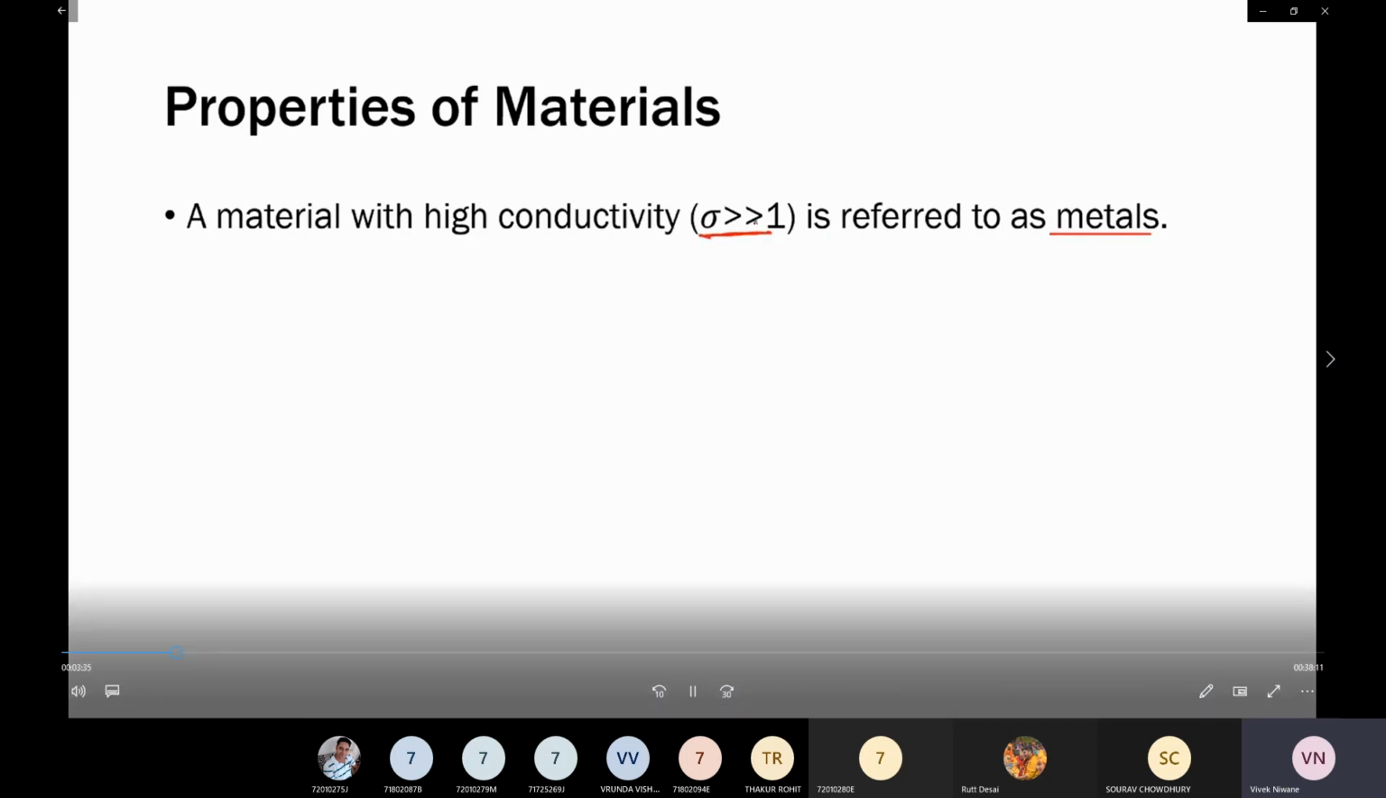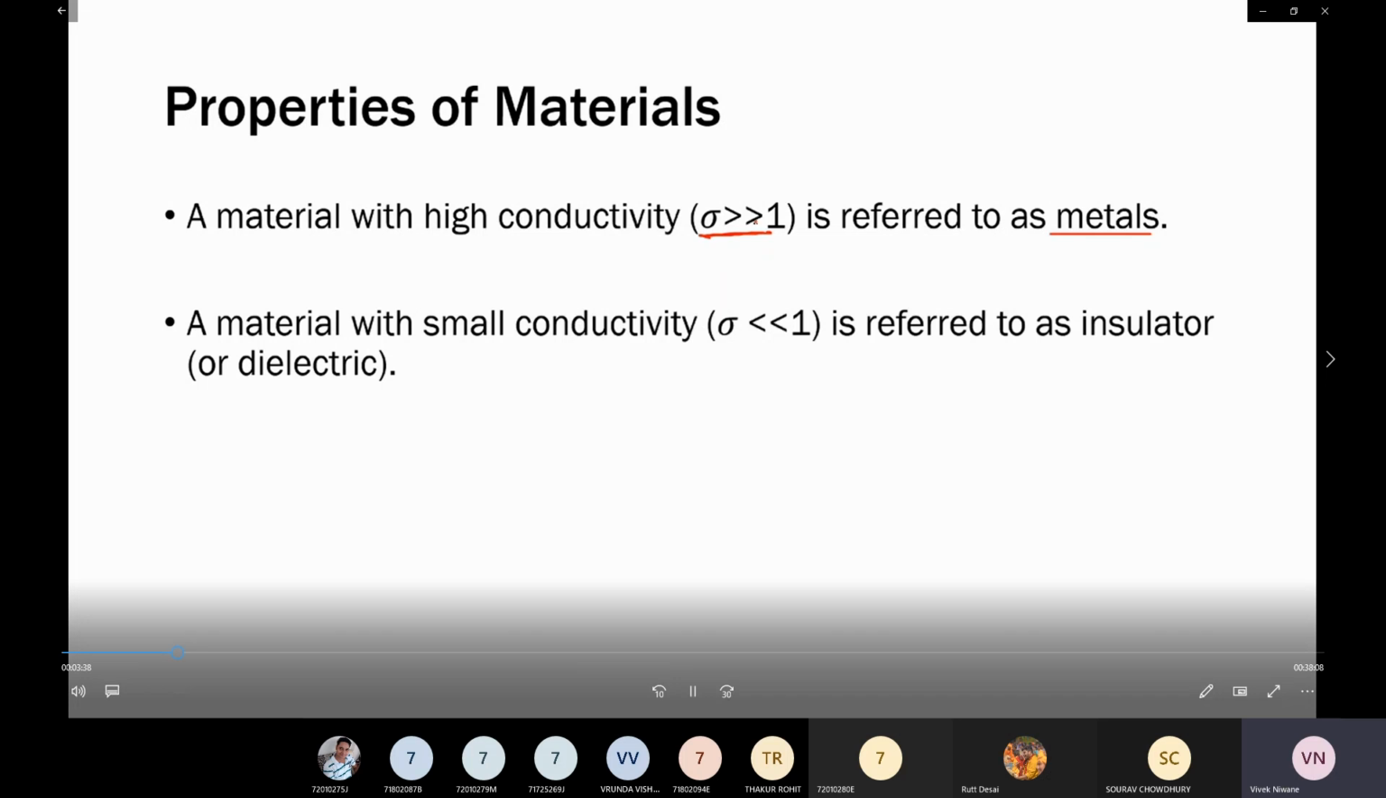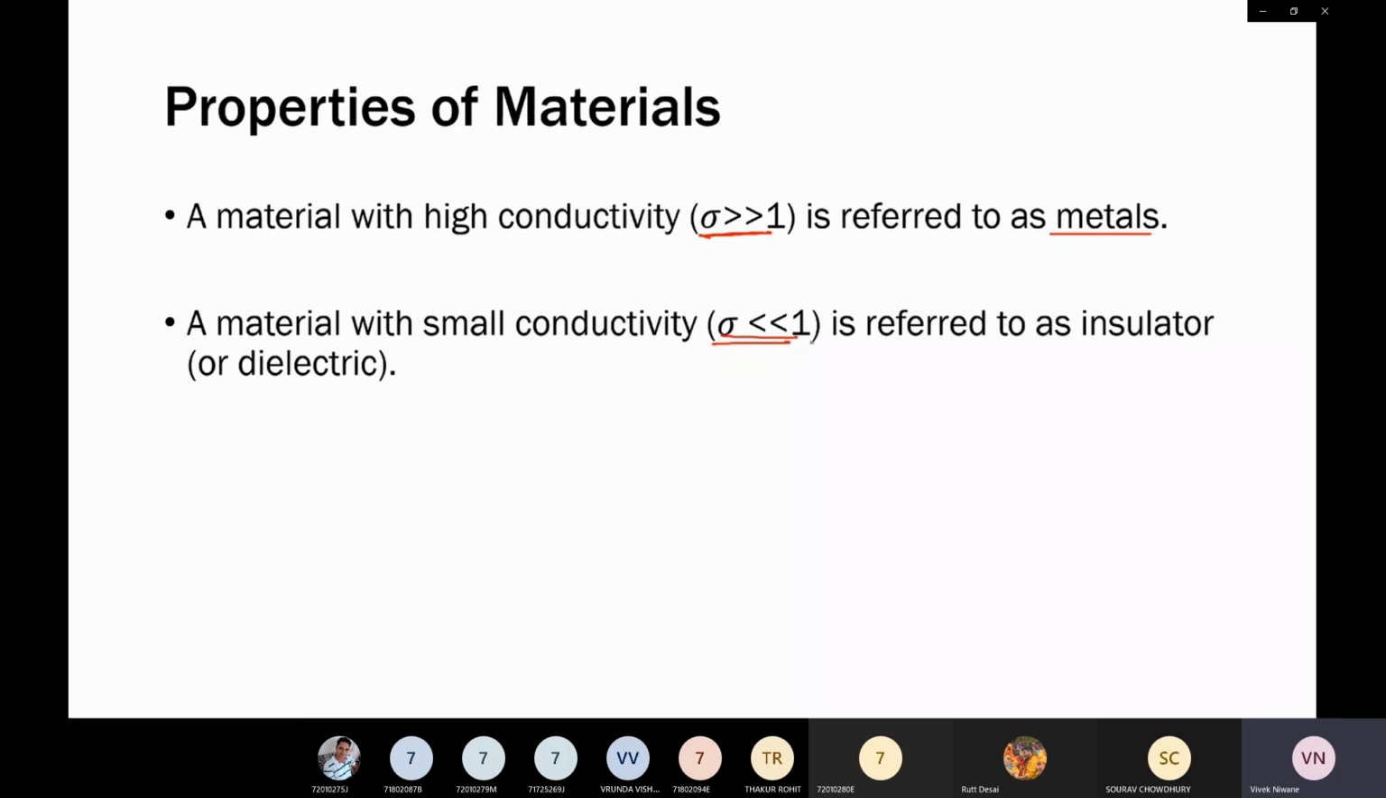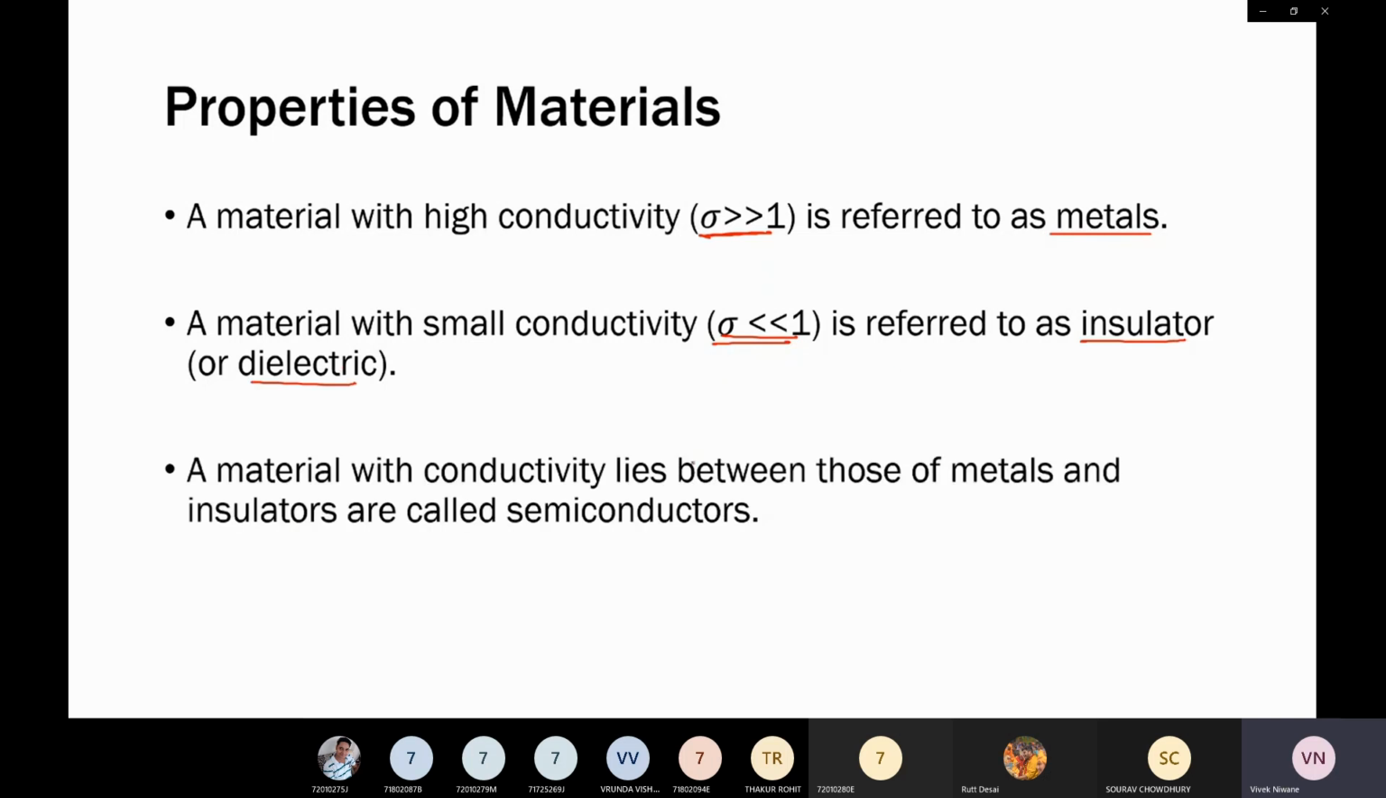If sigma is very large, those are called metals. A material with small conductivity is called an insulator or dielectric medium, and a material with conductivity between metals and insulators is called a semiconductor. This is a very rough idea about the behavior of materials when we are considering conductivity as a unit